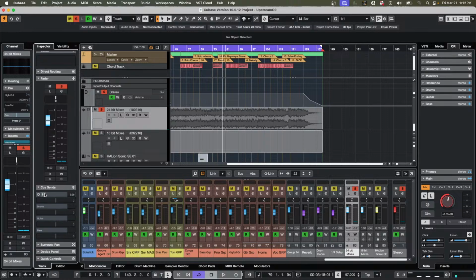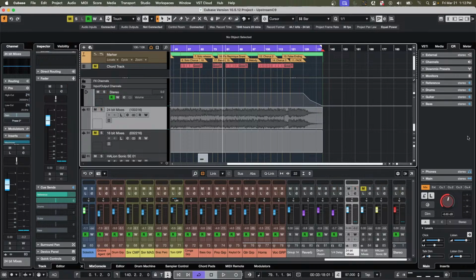Let's go to our Q sends. I'm going to send this to the reference, and we're going to send it at 0 dB. So now when we come over, I could listen to the entire project. This track is not routed through the main stereo out. So if we solo this track,